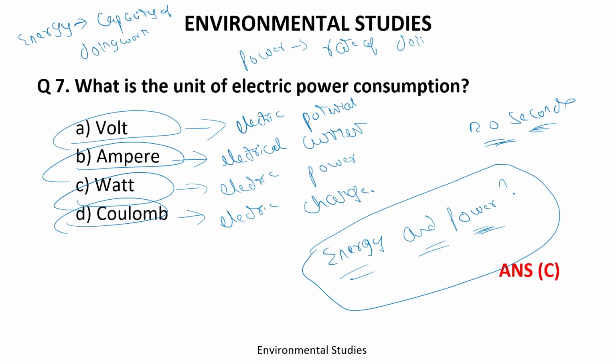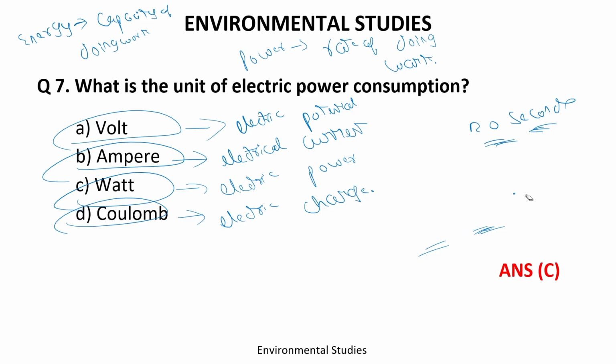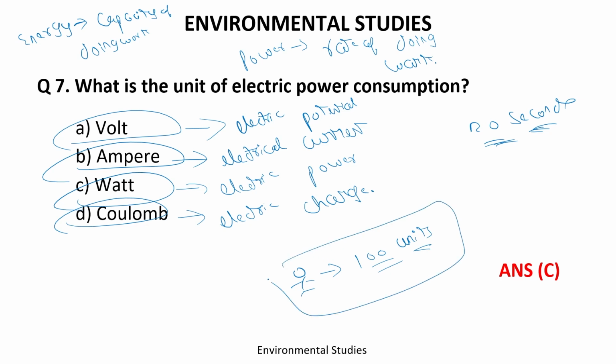Okay, we could understand it by the example. Like, there is a person. I said this person could make 100 units. Okay, so this 100 units, it's the total capacity of doing work. So we are talking about his energy. All right, but if I say this person could make 10 units per hour,